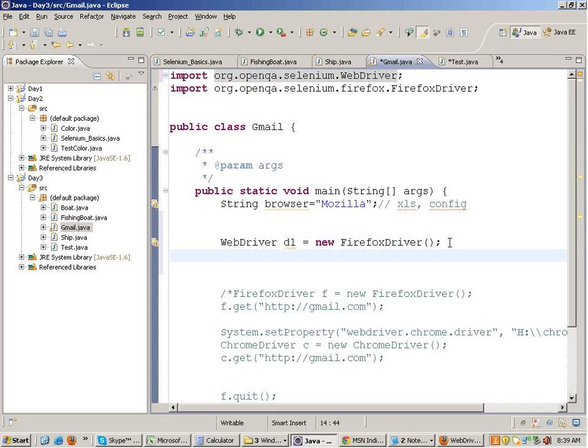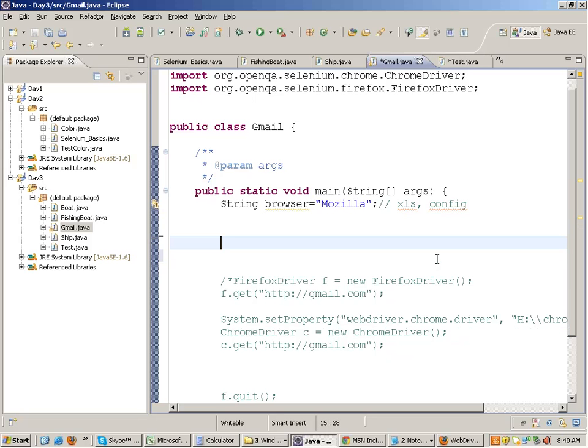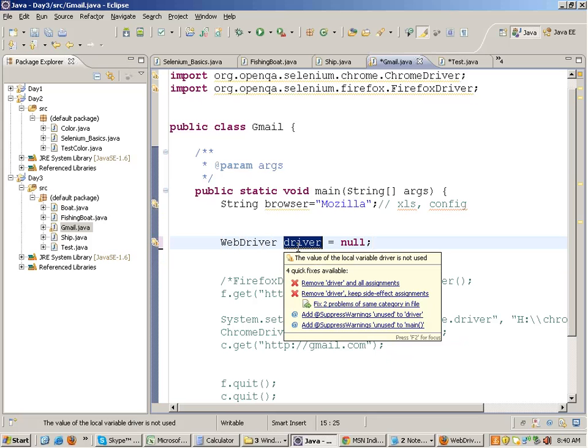Okay. Similarly, I can write WebDriver D2 equals to new Chrome driver. Okay. That means all the functions in the Chrome driver which are coming from the WebDriver interface can be accessed with D2. But there's a smart way of doing this, right? What I'll do is I'll write over here WebDriver driver equals to null. Null means that initially it never points towards any class,